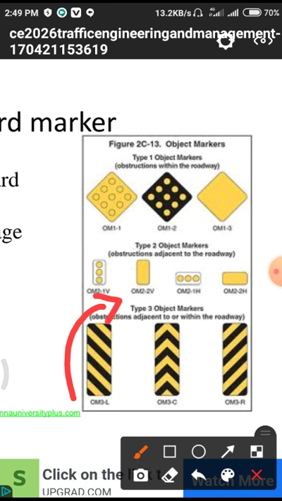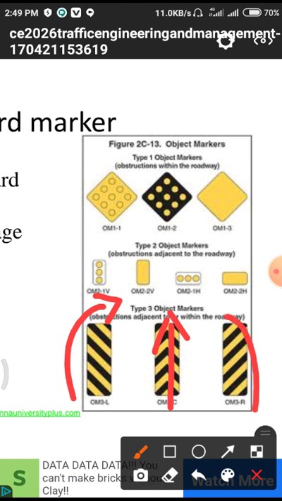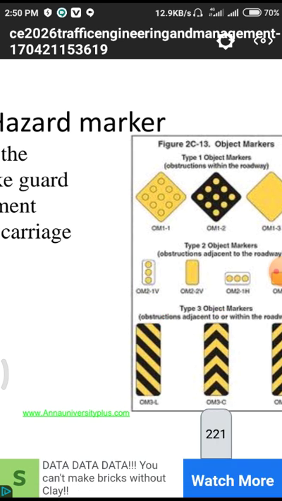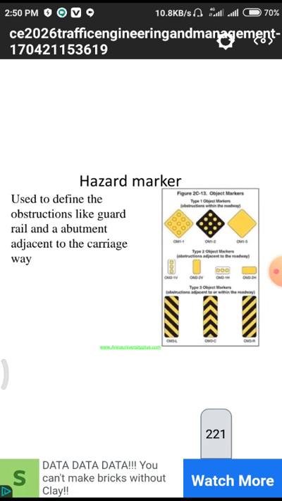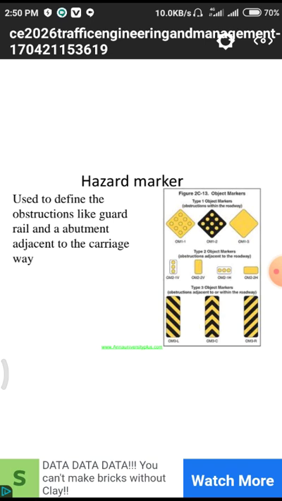Okay, but in the second case we need to move in a straight direction. That means we have to move in this direction, so that in front of us we have a proper horizontal alignment. This represents that in front of us there is a horizontal alignment in different directions. That means in the left direction and right direction we have a proper quantity of horizontal alignment, so you need to move with a proper speed mentioned on the particular board. So these hazard markers are useful for us whenever we are moving on the roads.